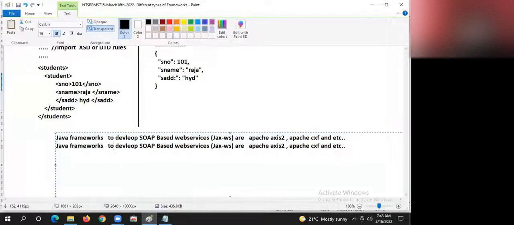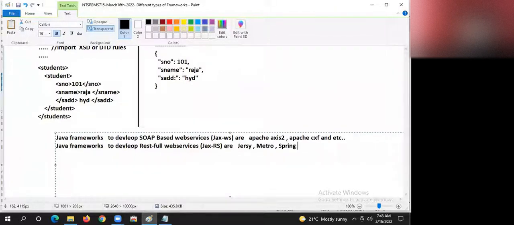Next, Java frameworks to develop RESTful web services. RESTful web services, nothing but JAX-RS, guys. Or we have multiple, guys. We have Jersey. We have Metro.